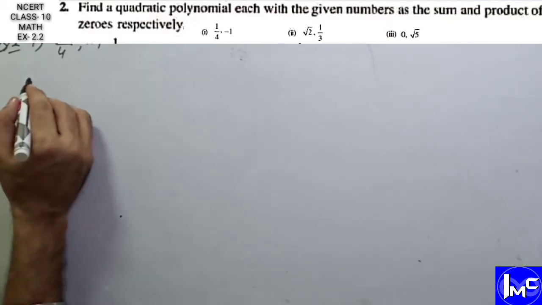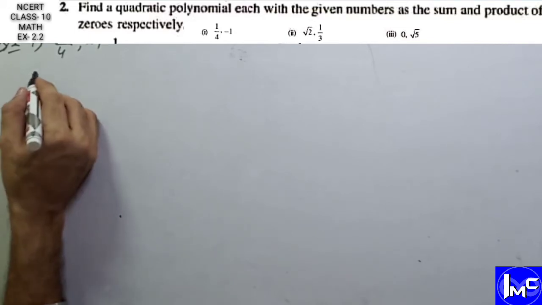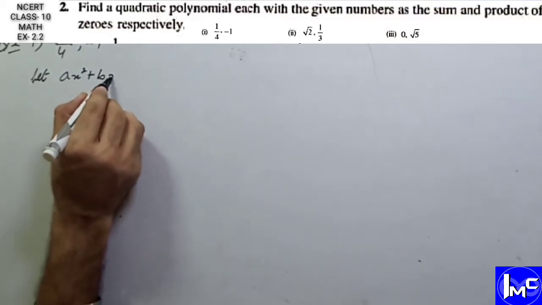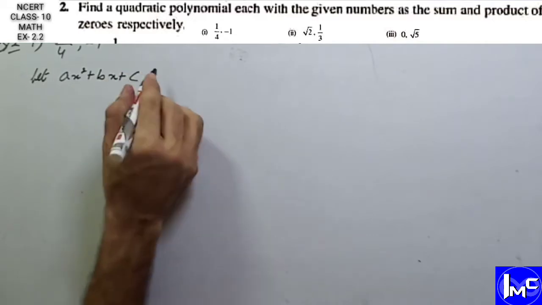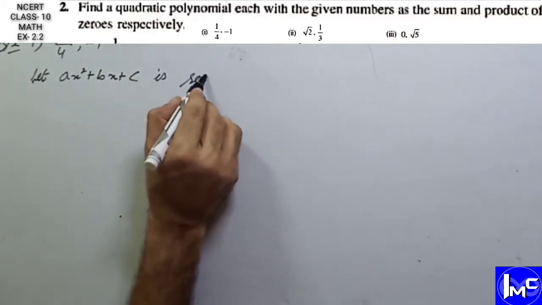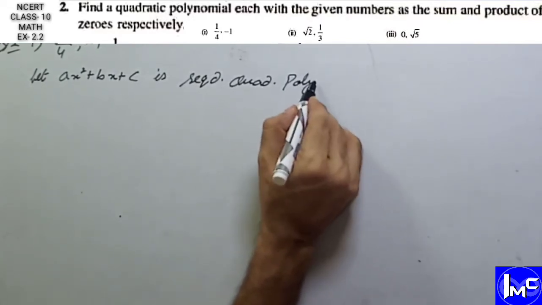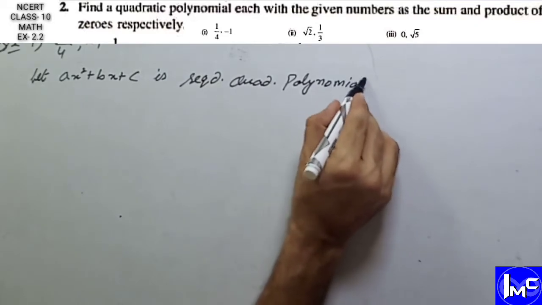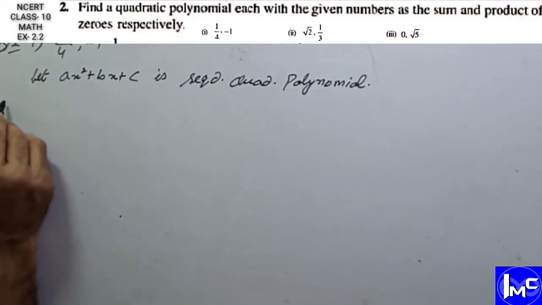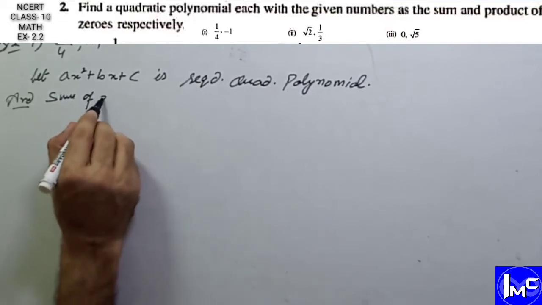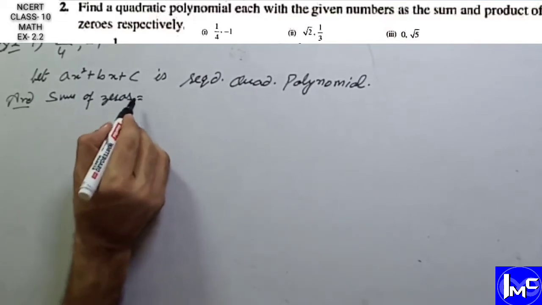First of all, we shall consider a quadratic polynomial which we have to find. Let ax square plus bx plus c be the required quadratic polynomial, and the sum of zeros is given as 1/4,